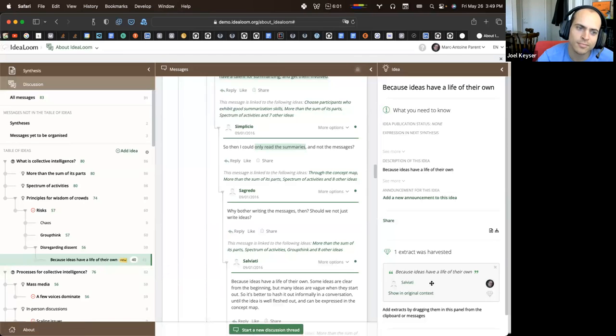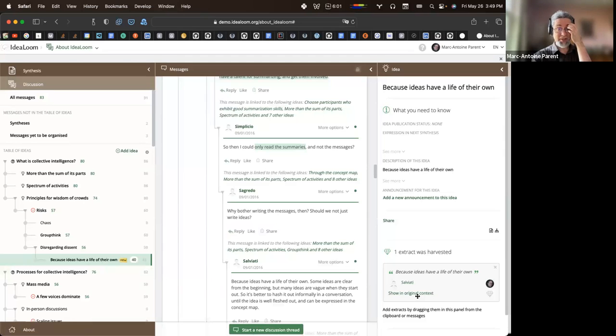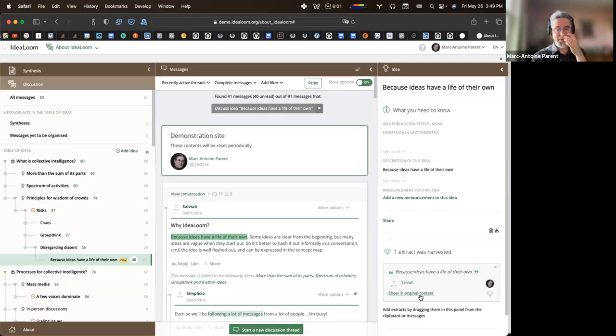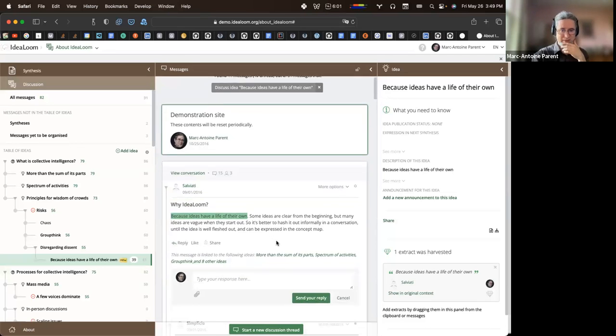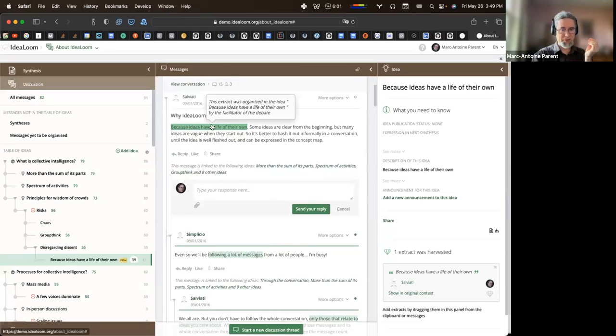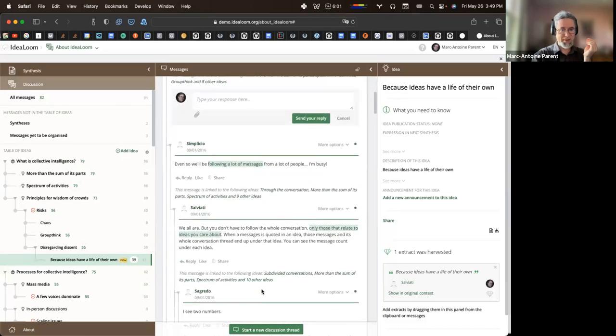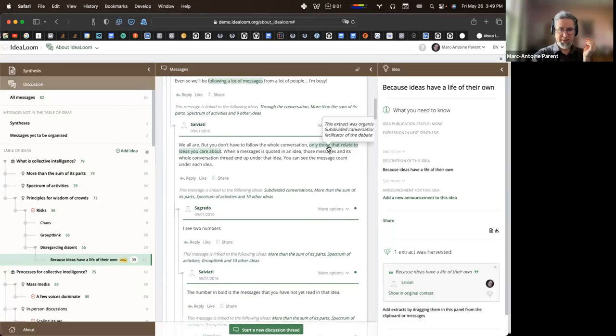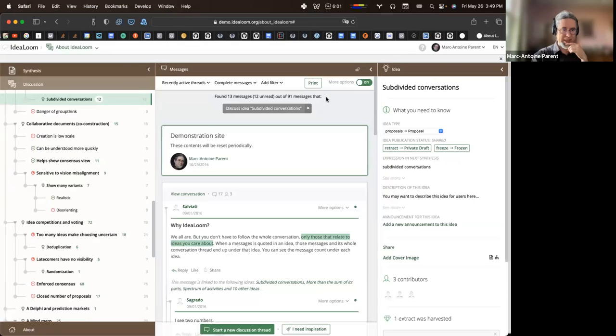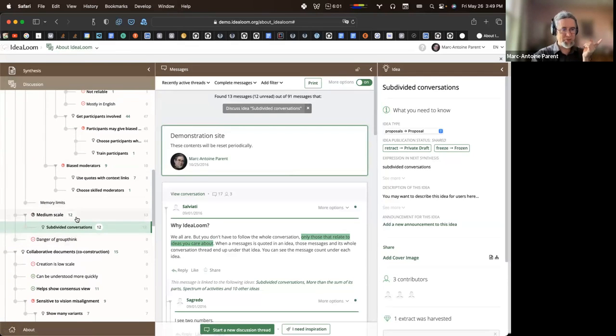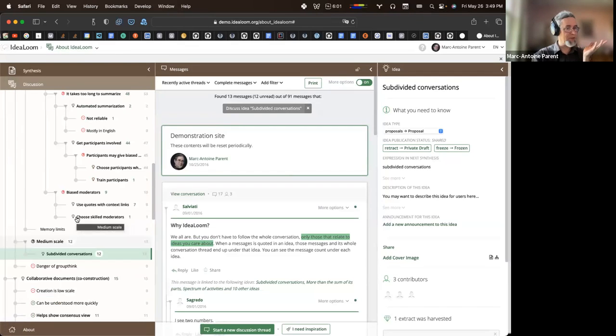Because it's now an extract, show the original context. Actually, I need to unlock. That's a bit not obvious, but okay, now this thing is part of this thing. And now each of these has been associated with that idea. So this is the argument tree, if you will.